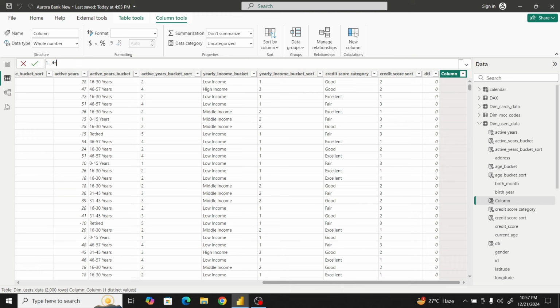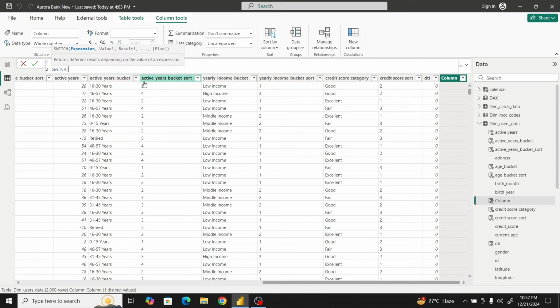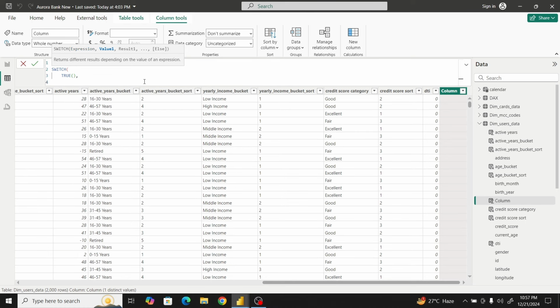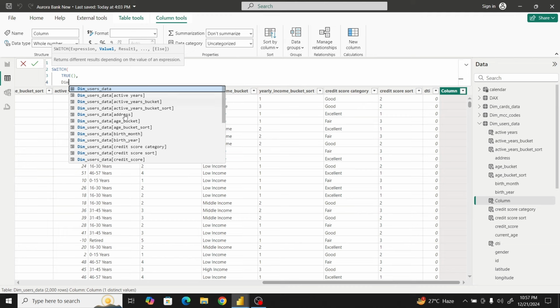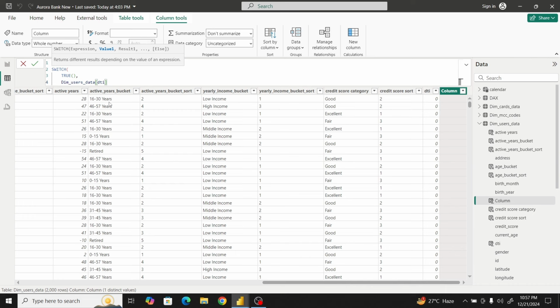So this is going to be the DTI category. And I'll simply say, we're also going to use the switch function. I'll simply say, I want you to switch, right? This should be true. Okay. And finally, our condition. So I want to say if our DTI, which is the debt to income ratio now, the DTI, right? If it's less than 30, this is actually low risk. If it's less than 30, this is low risk,